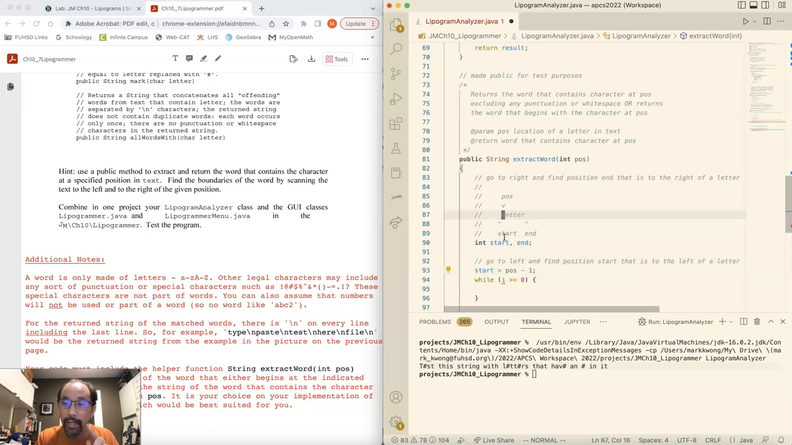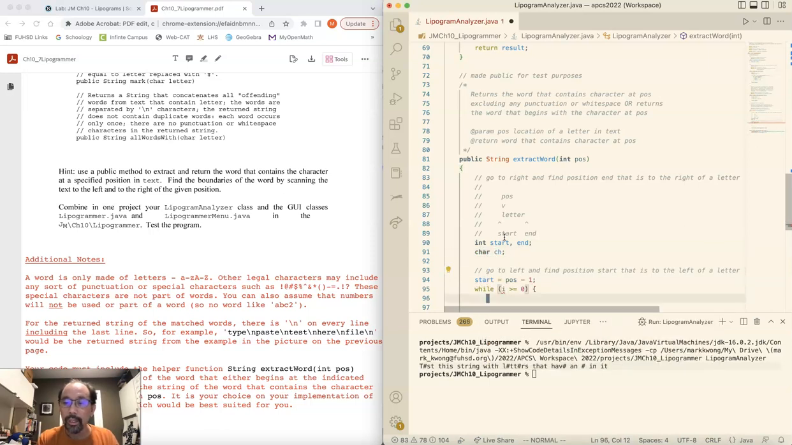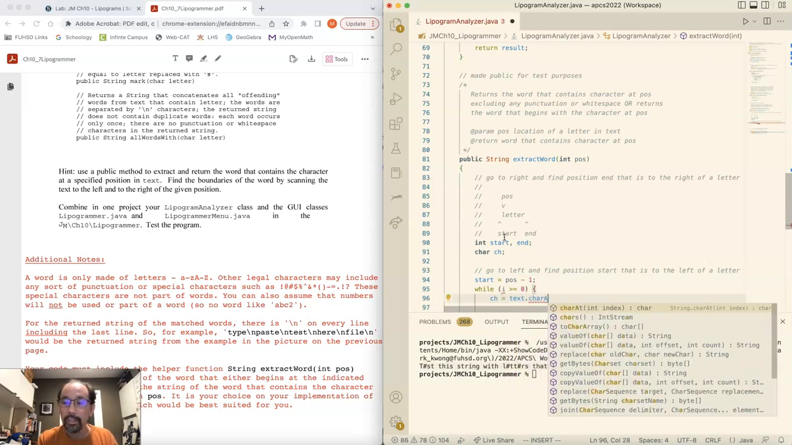Again, I'm assuming that pos points to a legal letter at the very beginning. That's critical to my understanding of extract word. So even if it's at position 0, I will go to the left to -1, which will make this not true, and it'll exit out right away. But in other cases where this is later in the string, it should be okay. And so basically, let me do this. ch equals text at,